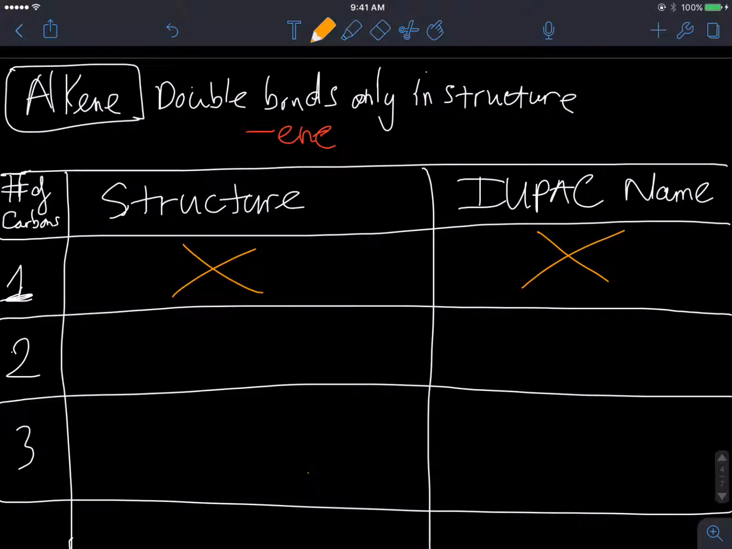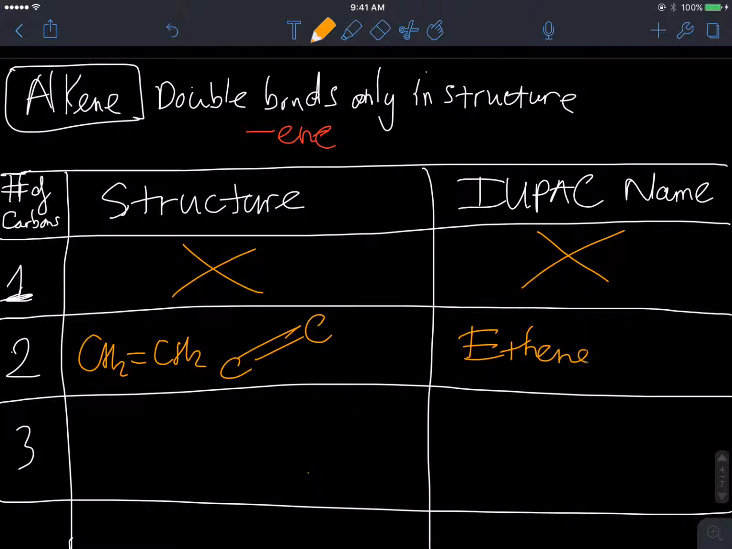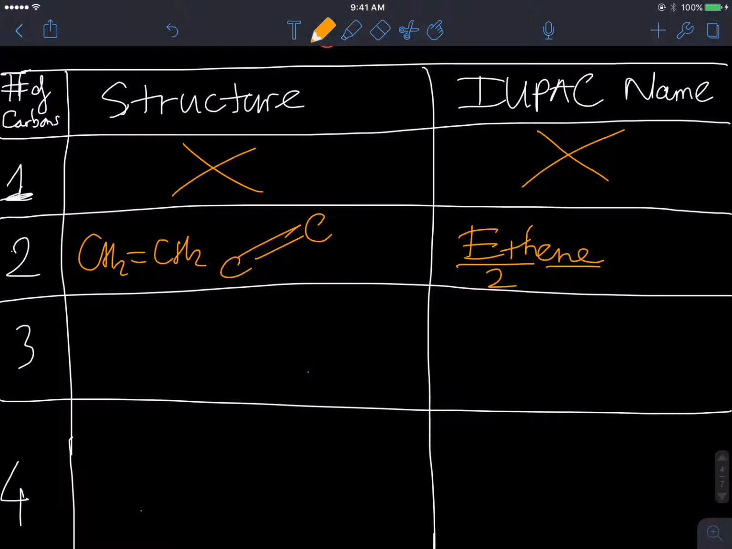How about number two? CH2=CH2, this is the structure with a double bond. It's ethene. ETH stands for number 2, ENE stands for suffix. About number 3,